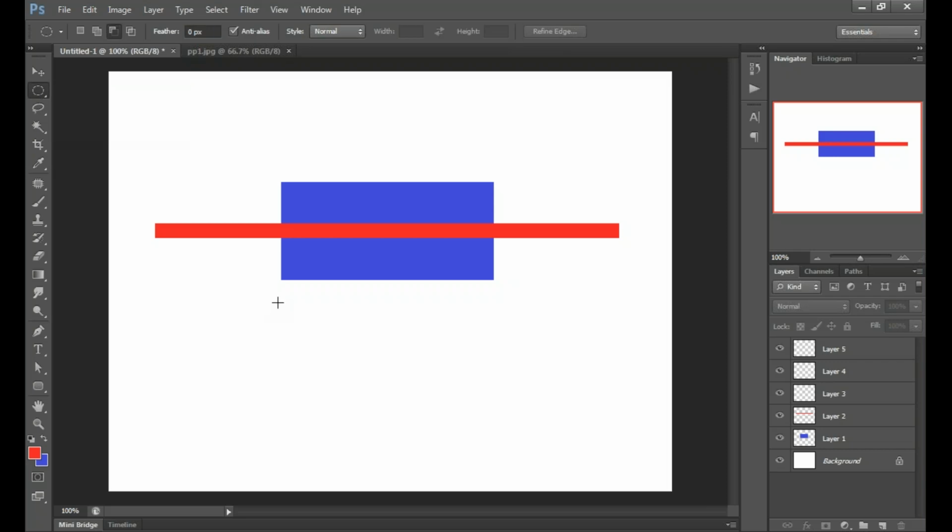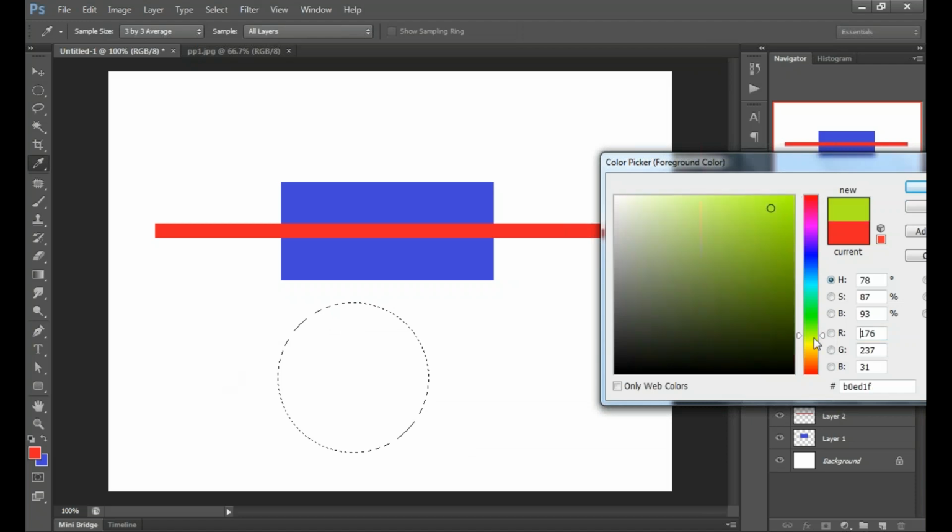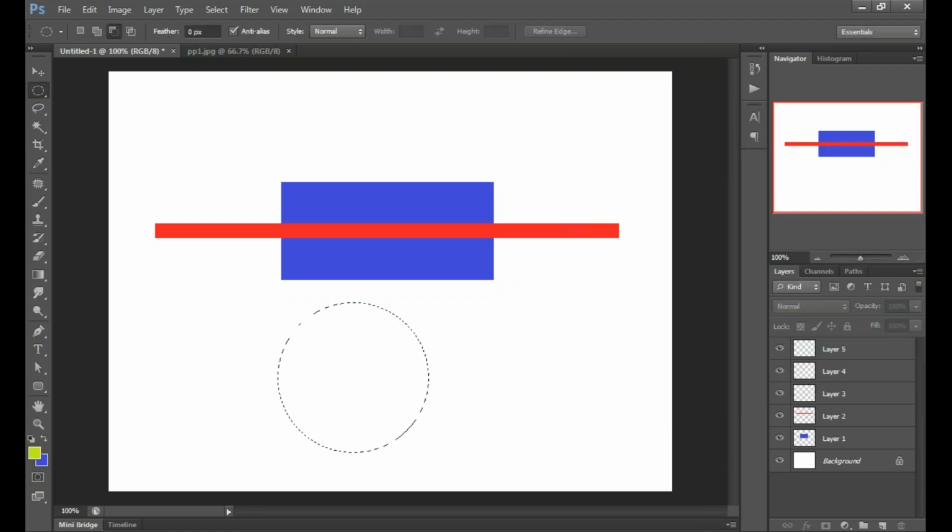We are going to make a different shape here, and we want to fill a different color in that area. It's very important to know that when we make a selection, the selection has no base layer. We have to choose the layer where we want to place that object. Now I want to make this circle on layer 5. Okay, so I have selected layer 5 and I will choose a new color for that.